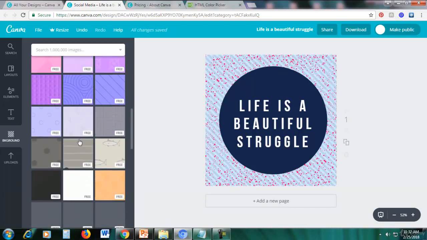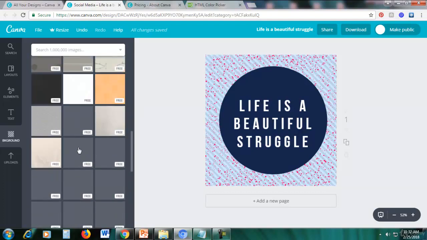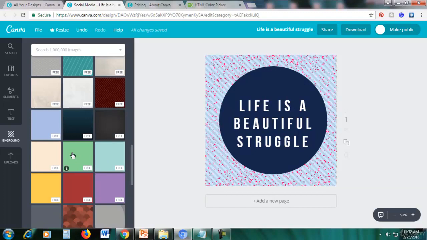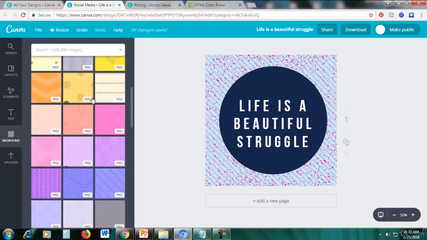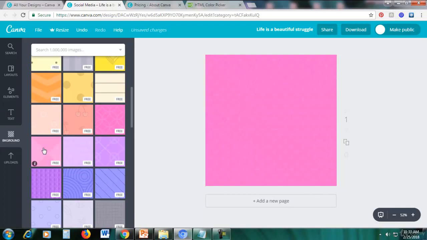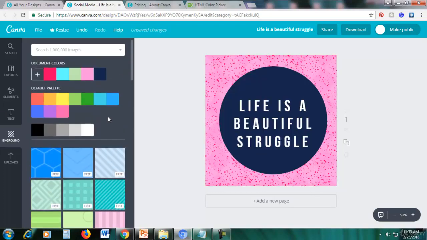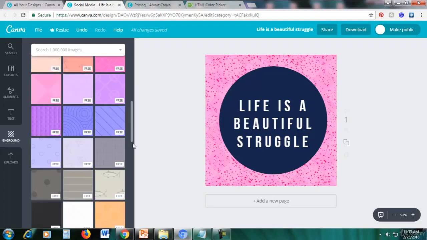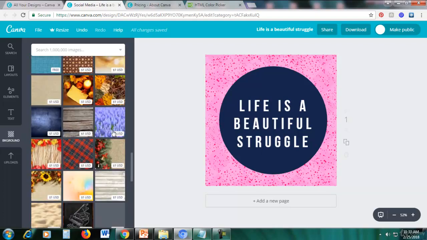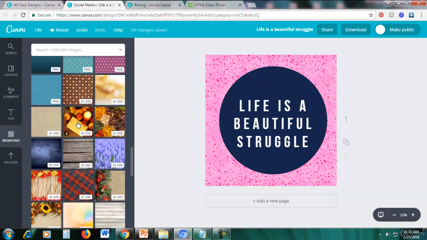Okay, just scroll down. There are many different gradient designs available. If you don't like the plain color, okay, there's for example this pink one. Alright, so you can also upload a custom background. Okay, if you don't want this, then there are also pictures, but you can see here on the left section